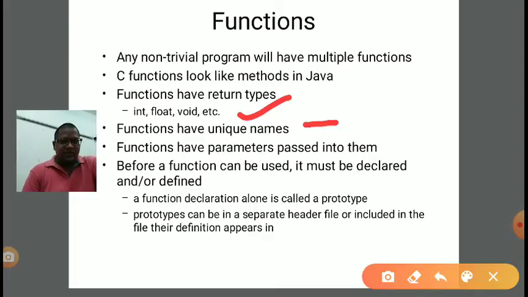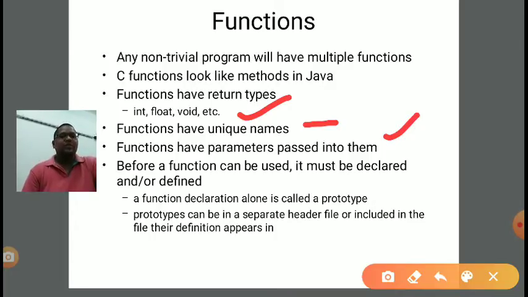After that, a function has some parameters. A function can have parameters like main. In int main, in the brackets we are writing nothing. It means the main function can take arguments or it cannot, so a function can have zero parameters also. Whatever parameters we pass work as input to the function.